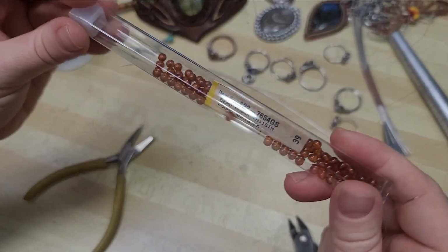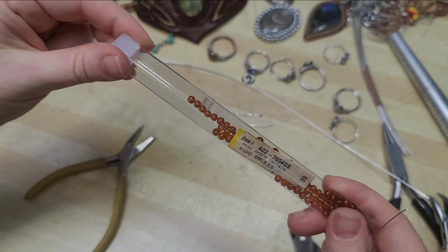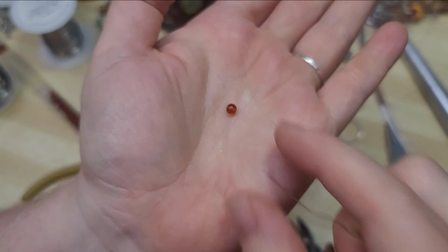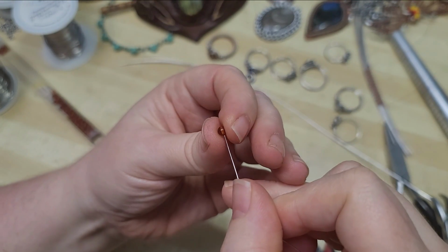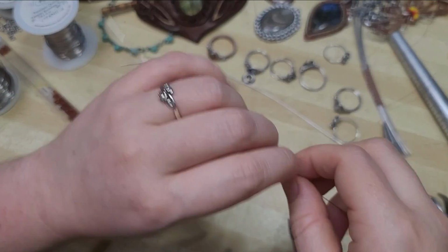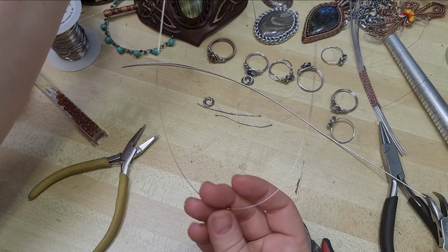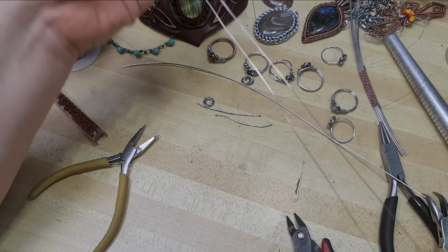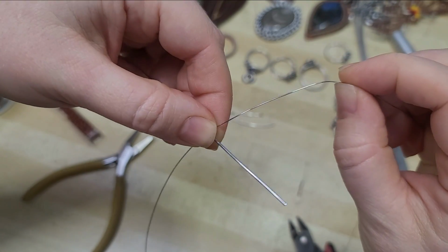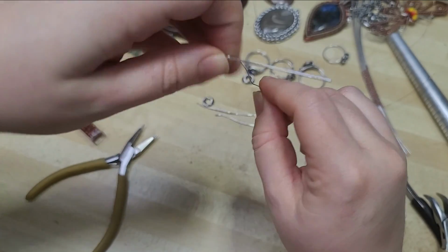And so today I'm using some 4mm beads that I bought almost 20 years ago. These are genuine Baltic amber, and they are just gorgeous. And I'm going to thread our 26 gauge wire onto here. And I want to get our bead into the middle, because we're going to be doing a little bit of coiling to try to make this nice and steampunky. And so I'm going to thread out about this far. There's my bead in the middle, and then I've given myself 2 or 3 inches,